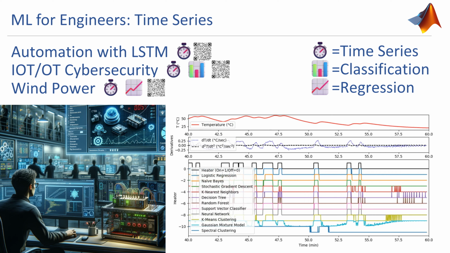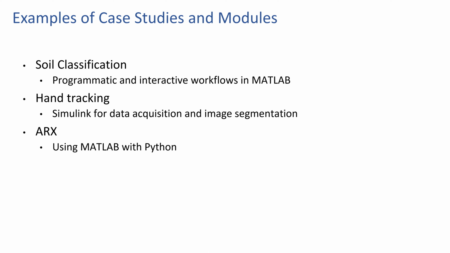Okay, and then we also have wind power as well. It gives time series, but then has a regression trying to predict wind power that's coming in the future based on the current conditions, but also what happened previously. Okay, so there are QR codes with each of those as well, and these are interactive examples that have data with time series.